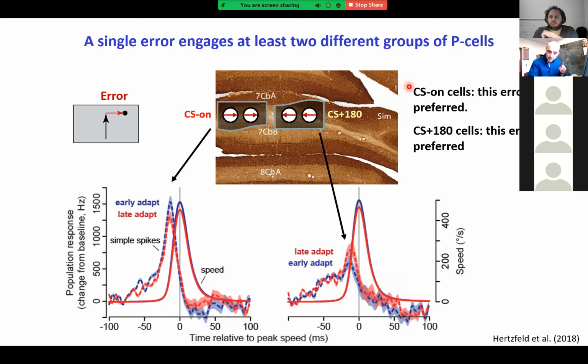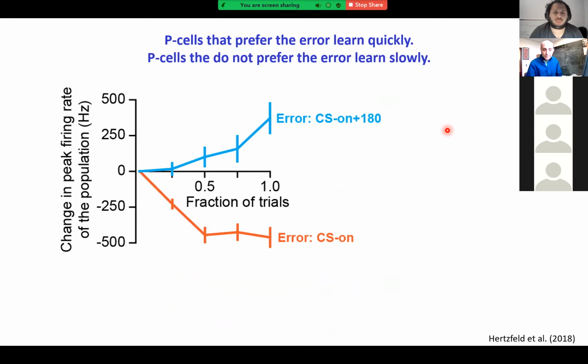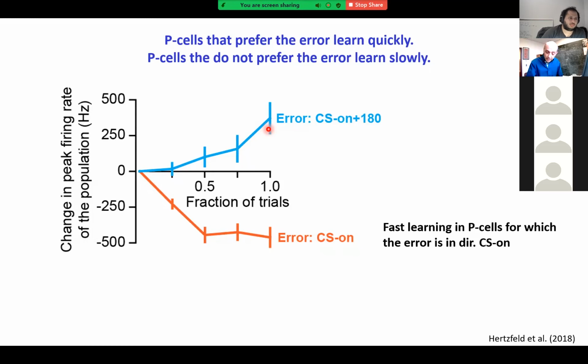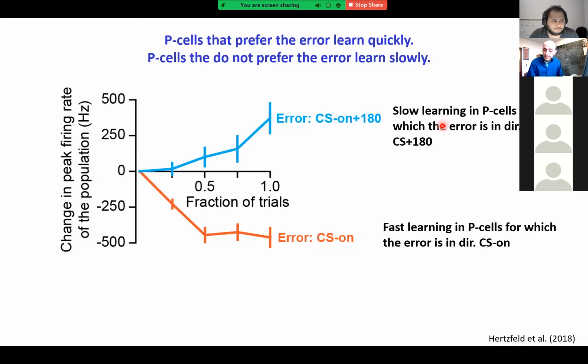Now, what's the difference between these two groups? I'm going to show you that the group that cares about that error, that prefers it, learns quickly. The one that is the anti-error learns slowly. I don't know if they forget at different rates, but they definitely learn at different rates. So there's fast learning in the cells for which that error was in the preferred direction, but slow learning in the cells for which the error was in the opposite direction. Okay, so